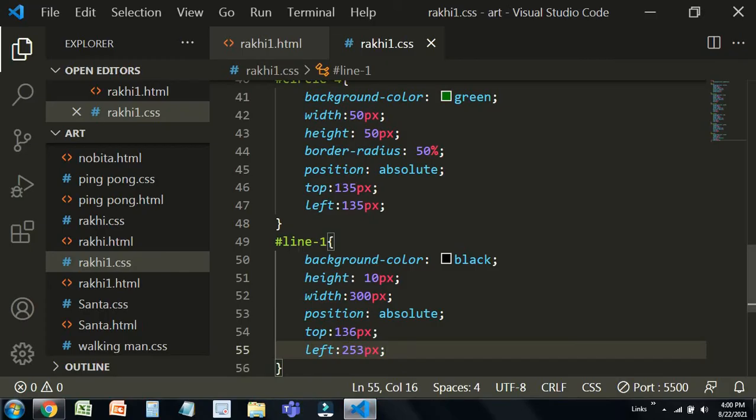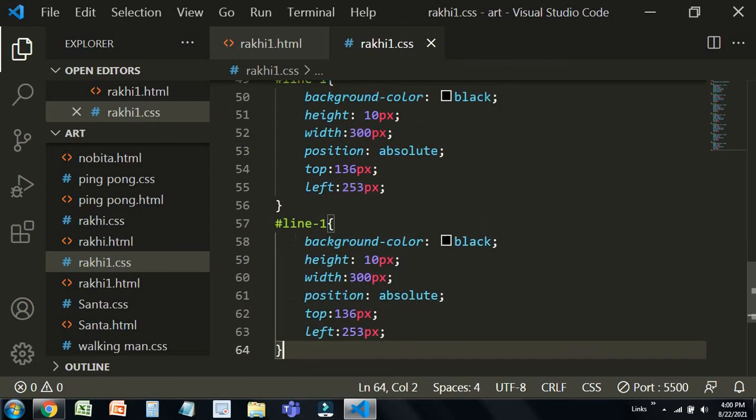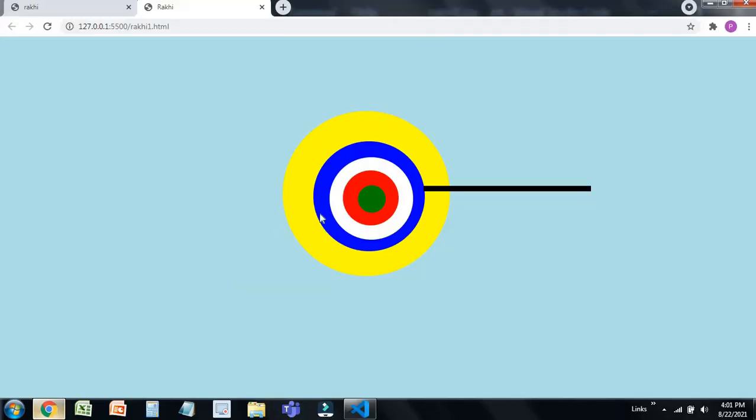Now I need to just copy and paste this, so it will save our time, and that is smart work. Here the code remains the same, only a few changes need to be implemented: the top needs to be 136, but the left needs to be 254.